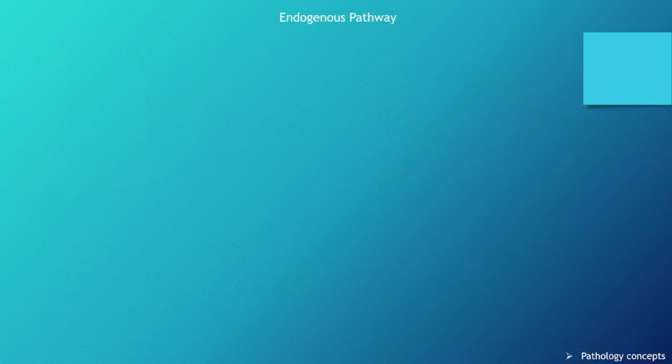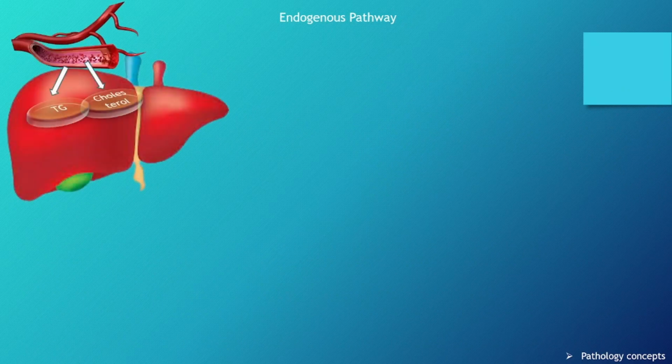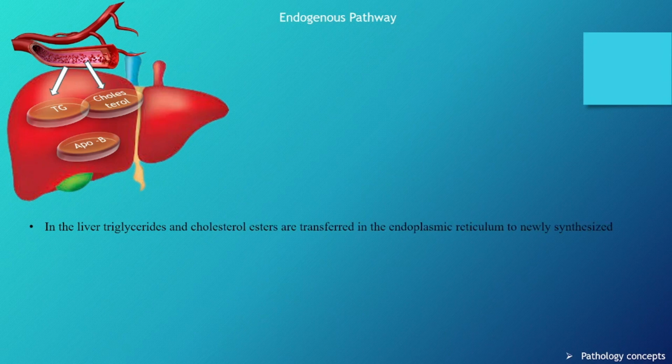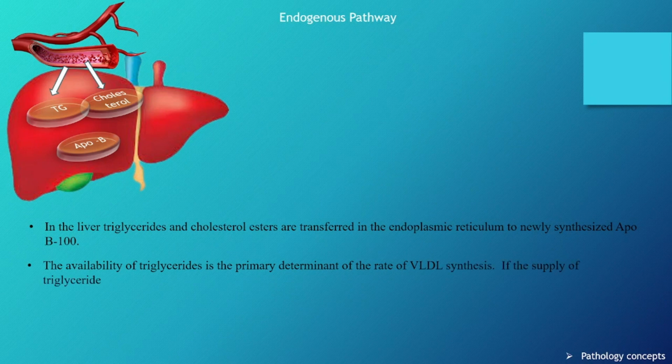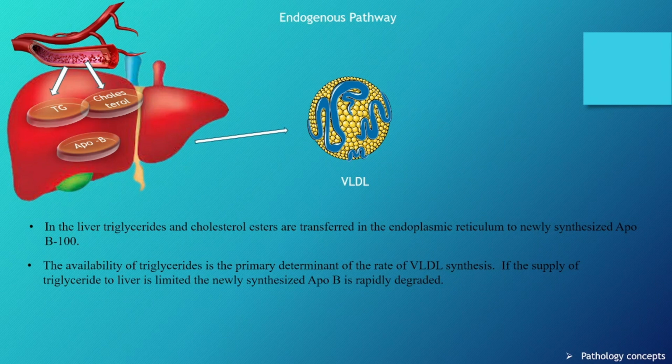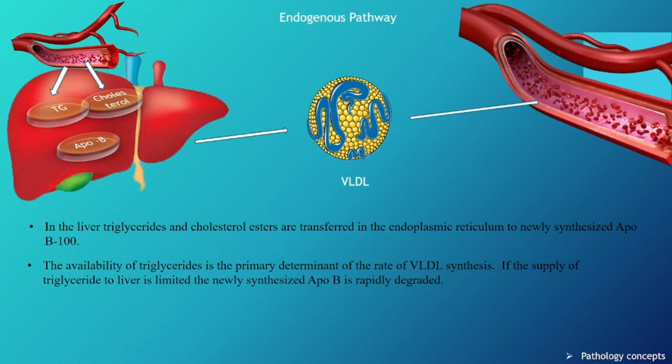Now let's understand the endogenous pathway. In the liver, cholesterol and triglyceride reach from the peripheral blood and ApoB is synthesized in the liver cells. In the liver, triglycerides and cholesterol esters are transferred in the endoplasmic reticulum to newly synthesized ApoB100. The availability of triglycerides is the primary determinant of the rate of VLDL synthesis. If the supply of triglyceride in the liver is limited, then newly synthesized ApoB is rapidly degraded. So this all together makes the VLDL, and this is how the VLDL is formed and it reaches